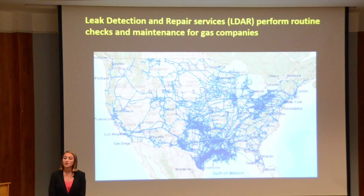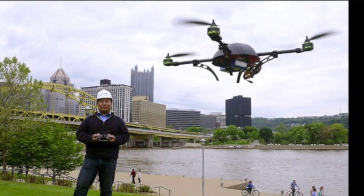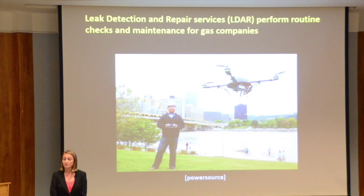According to an article in the Pittsburgh Post-Gazette about the LDAR service industry in Pittsburgh, the cost of using a helicopter for LDAR services is approximately $2,000 per hour. That is extremely expensive, but luckily there may be a solution in sight, and that is due to drones like the ones seen here. Drones can fly for an hour and a half on as little as $3 worth of